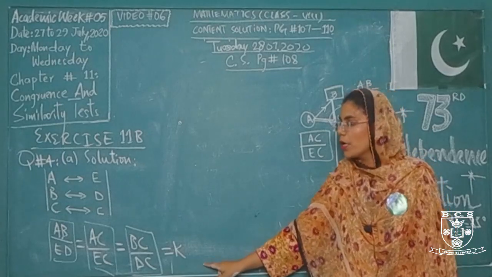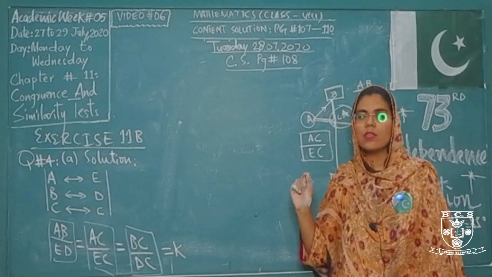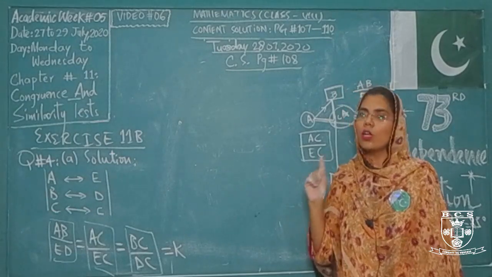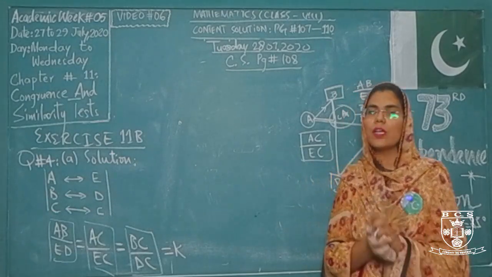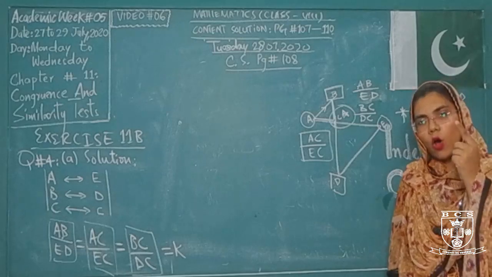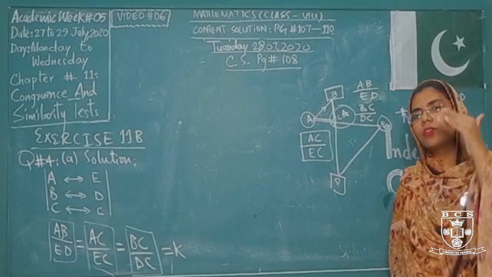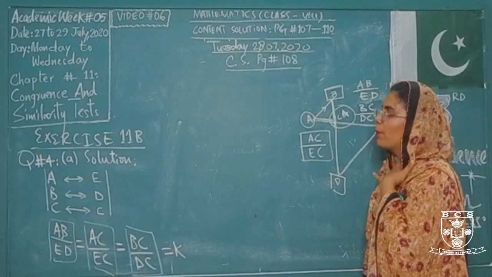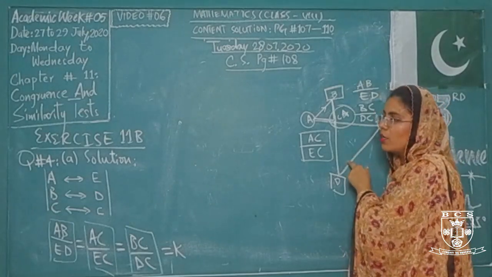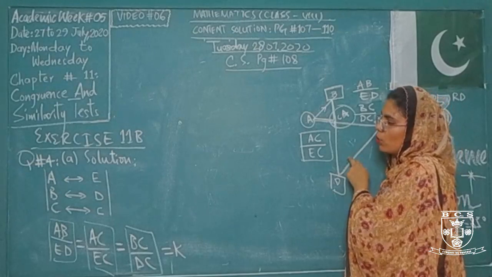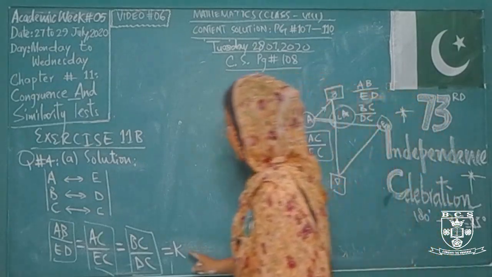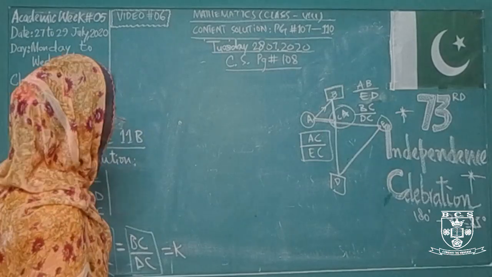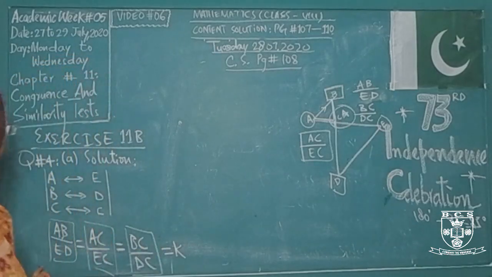As in question number 2 part C, you have noticed whenever we solve the three different ratios or fractions for the three corresponding sides of two similar triangles, they all were the same: 3, 3 and 3. So here the three ratios are also equal, but we are not having any number over here, so we are considering them equal to a constant, a variable figure representing your number, that is k. So now these all are equal.